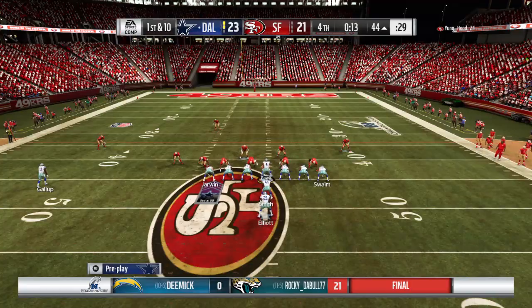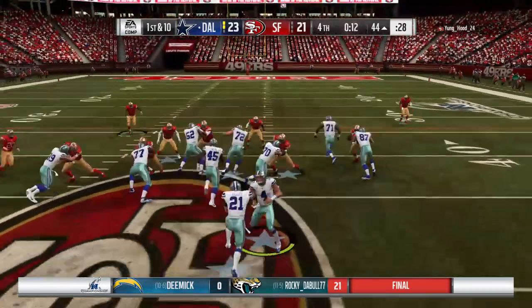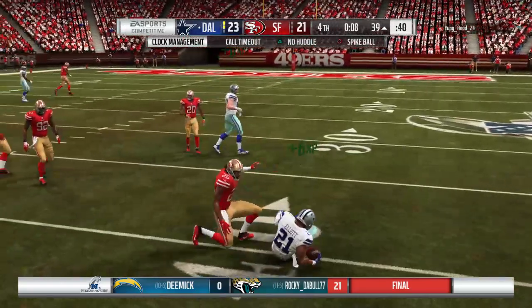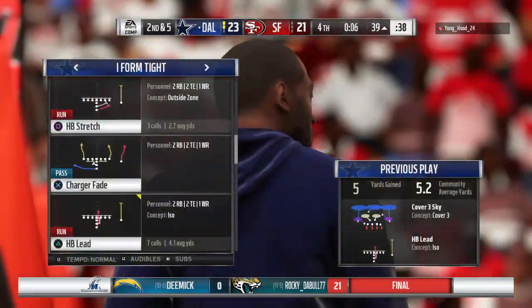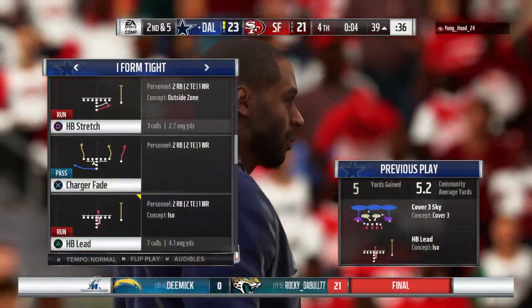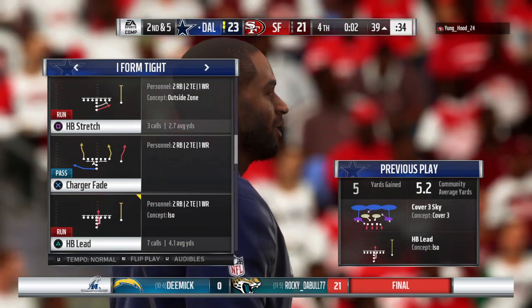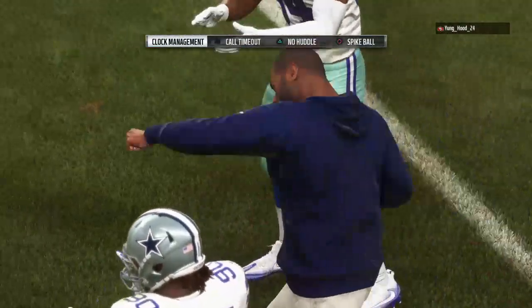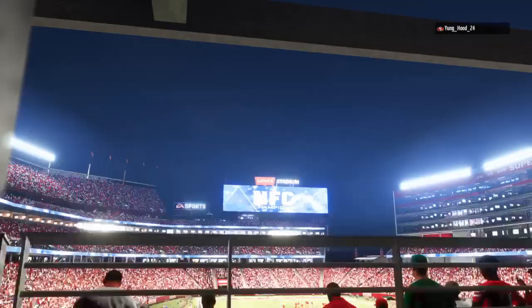And now this game is done. Just take it, kneel, and call it a day. A 20th carry here for Elliott. And able to push his way forward here for a good little gain. The tackle there by Richard Sherman. I like that run right there, partner. Not the flashiest run, not the one that's going to break for big yardage, but he understands the situation and taking care of the